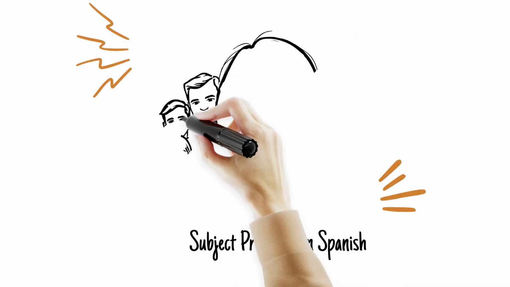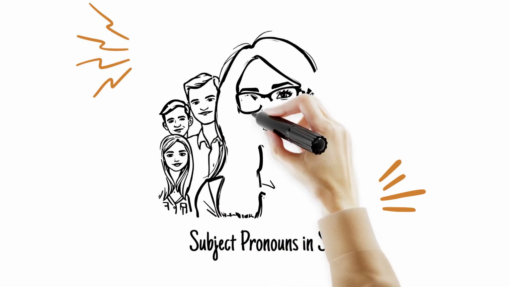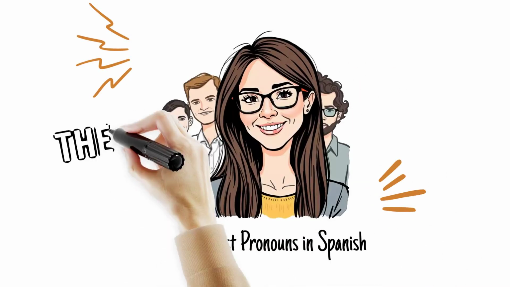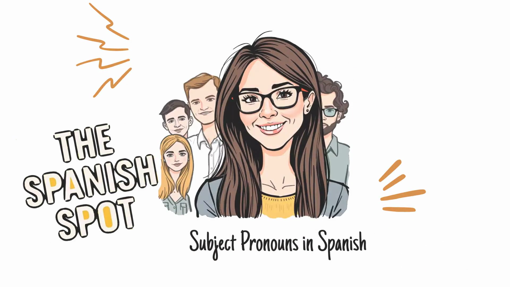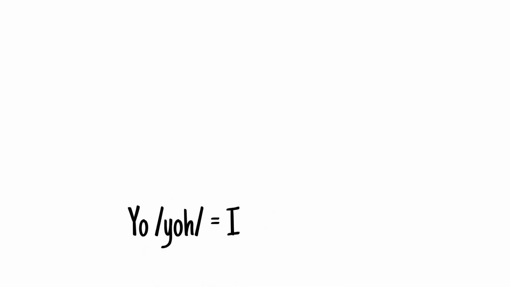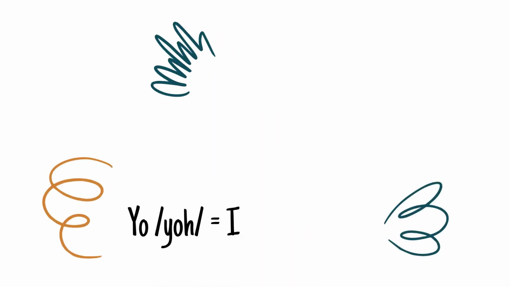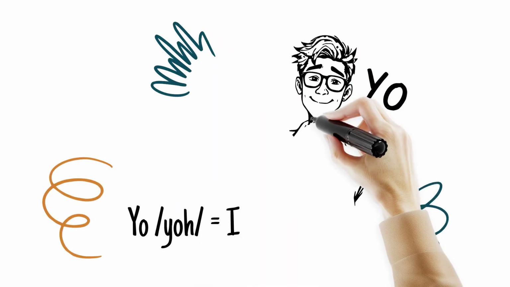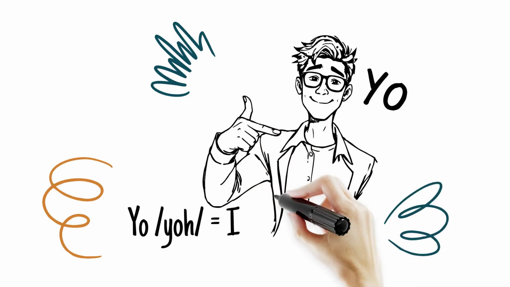Today we're learning the personal pronouns in Spanish, and I'll teach you how to pronounce each one so you can start speaking with confidence. Singular pronouns. The first one is yo and means I. Example, yo estudio español. I study Spanish.